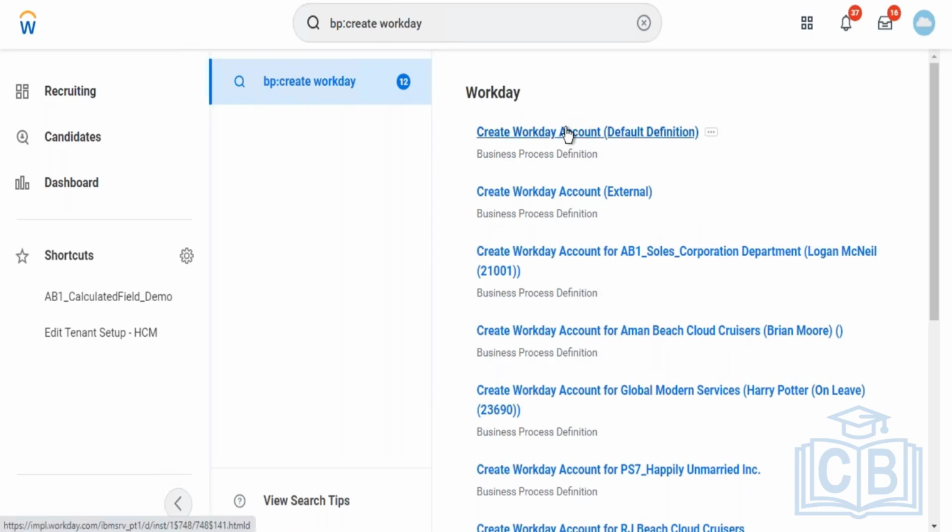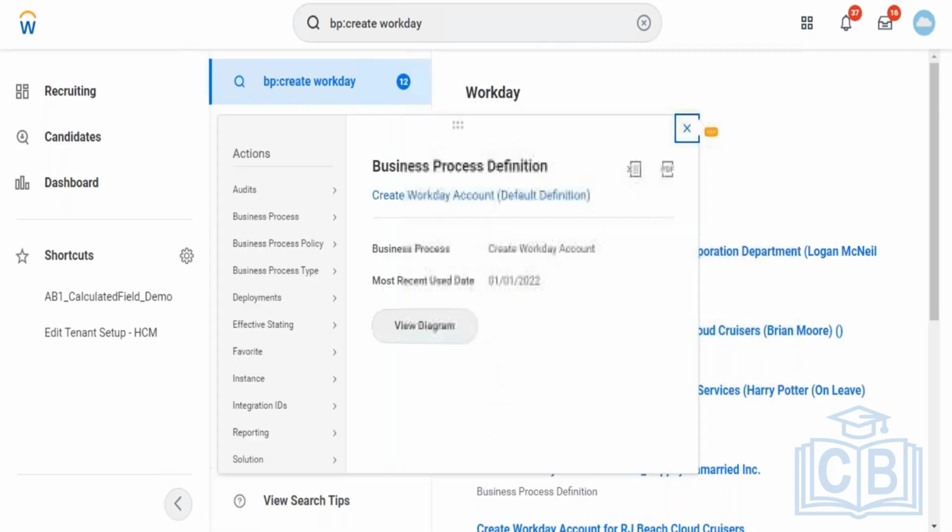Create Workday account. So this is one business process. This is just an example I'm giving, which can relate to a learning business process. Create Workday account is nothing but creating a Workday account. Who has to create a Workday account? You'll be defining those permissions here. If you go to BP security policy, BP policy,